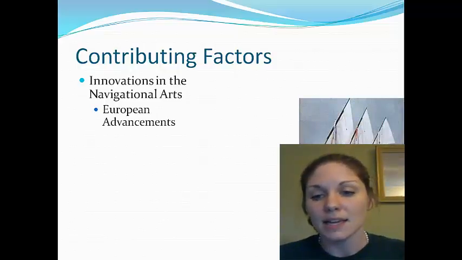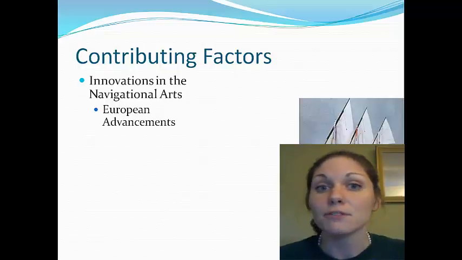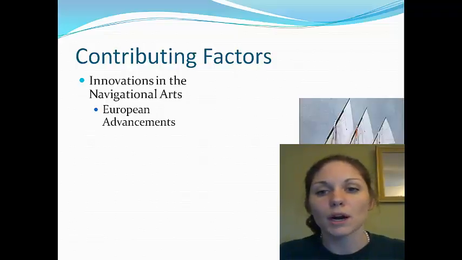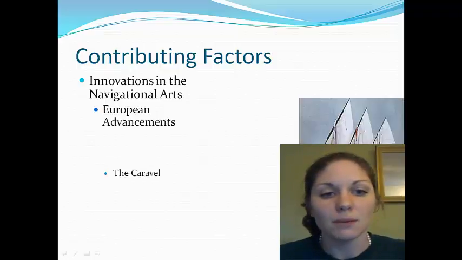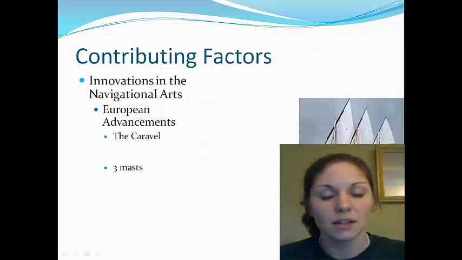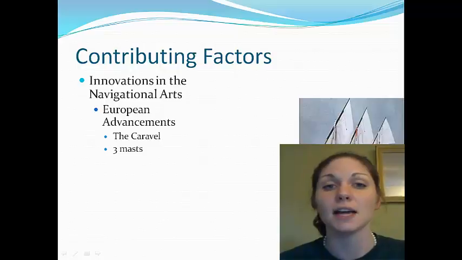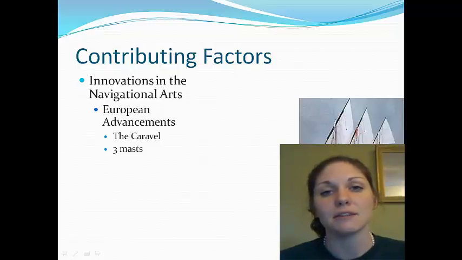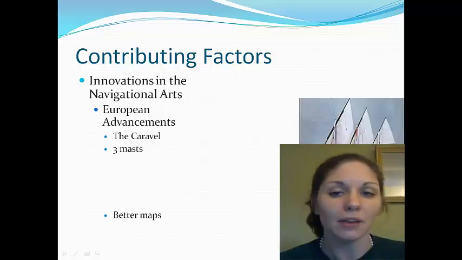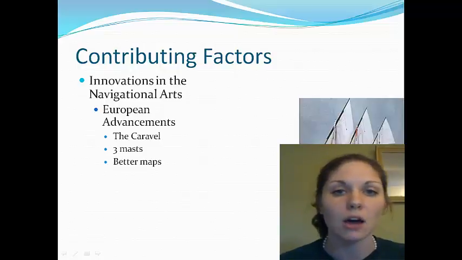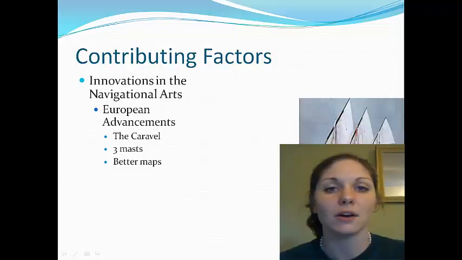This is a European ship. It was called the caravel, and it was a new type of ship, and it was faster and stronger and allowed them to explore new places in a shorter amount of time. It moved faster through the water, so it was a pretty big deal. So new types of shipping that they had invented, the caravel, there it is. The 3-mast. So you can see on that ship that there are 3 masts instead of just 1 mast. This also allowed them to move faster through the water. They caught more wind in those 3 sails. And then also better maps.